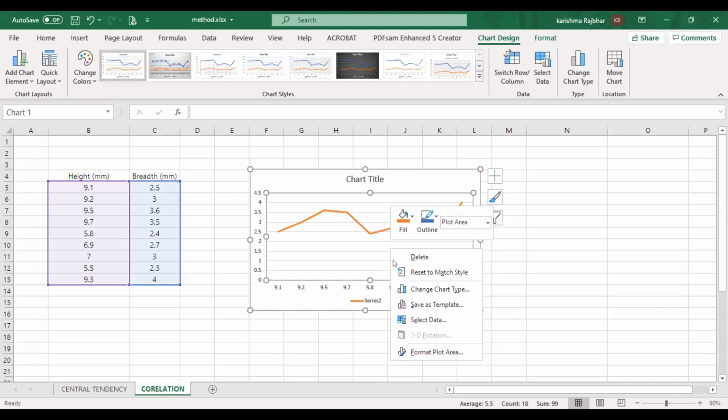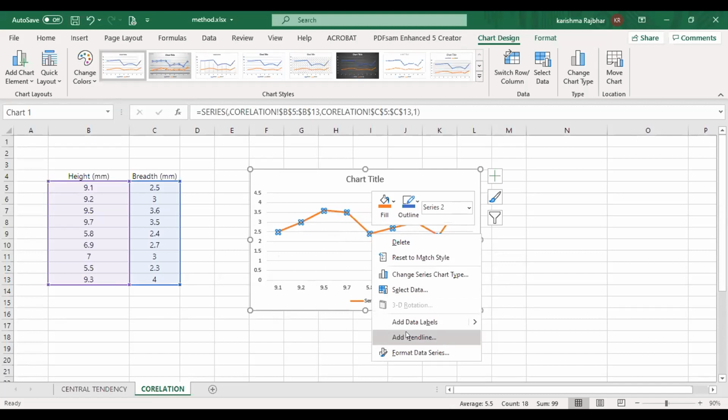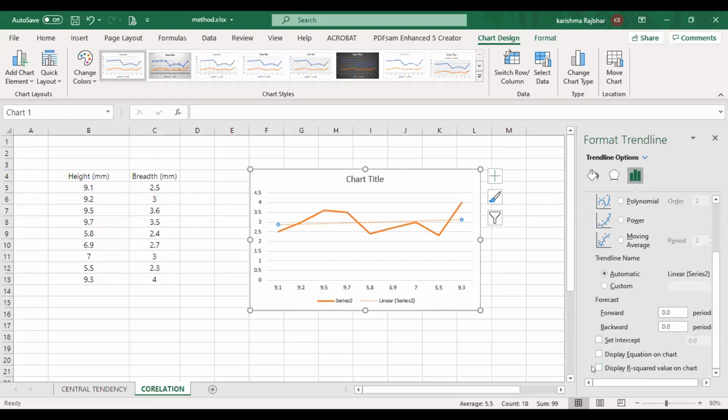If I want to find the association, then I have to select this line, and when the points are highlighted, I will right click and go to add trend line. Add trend line will help me to specify my graph. Like I want it linear, exponential or logarithmic. It is my selection. As I am comparing the association, correlation, I am selecting a linear one. By selecting the linear, I will go to R square, display R square means your correlation data.